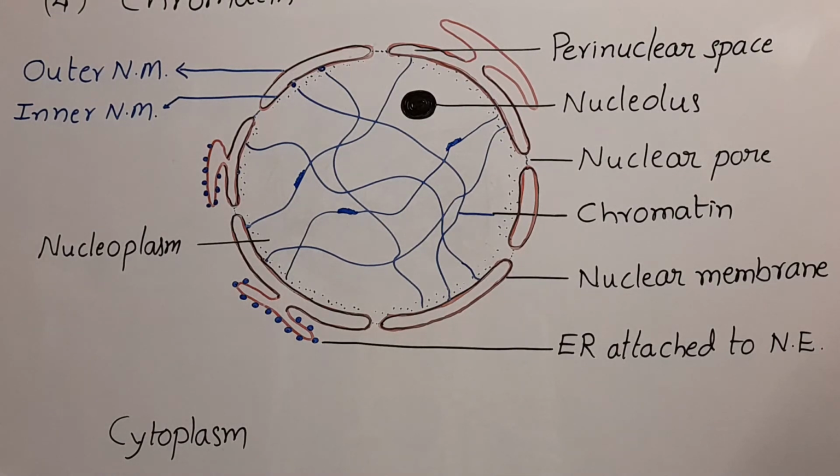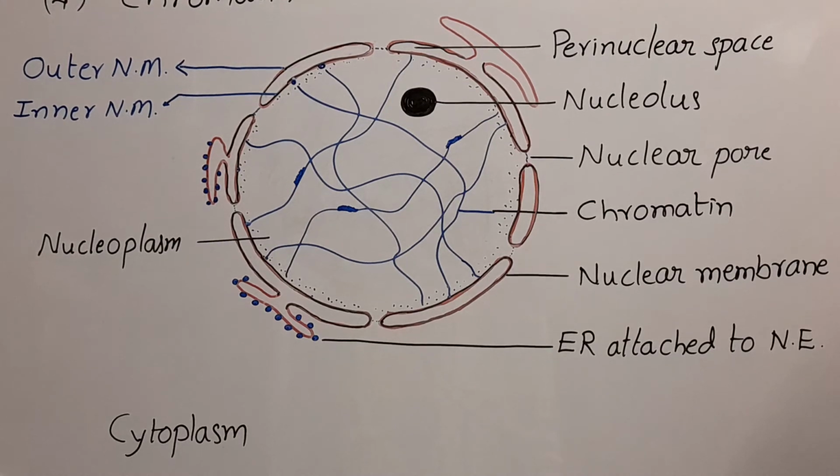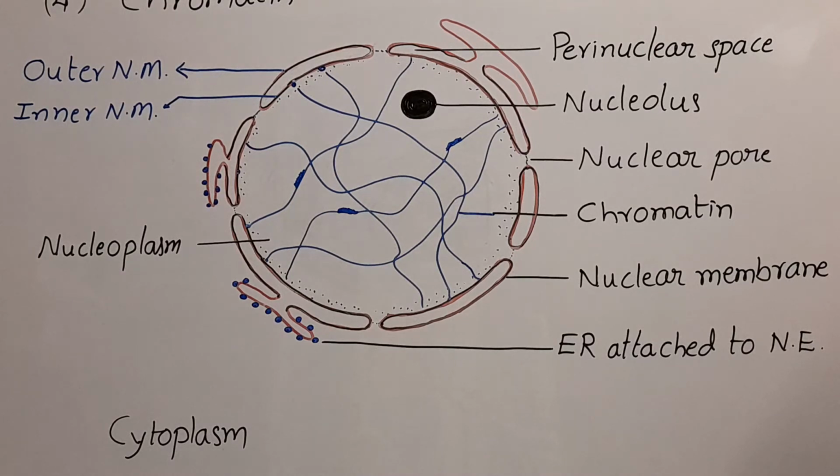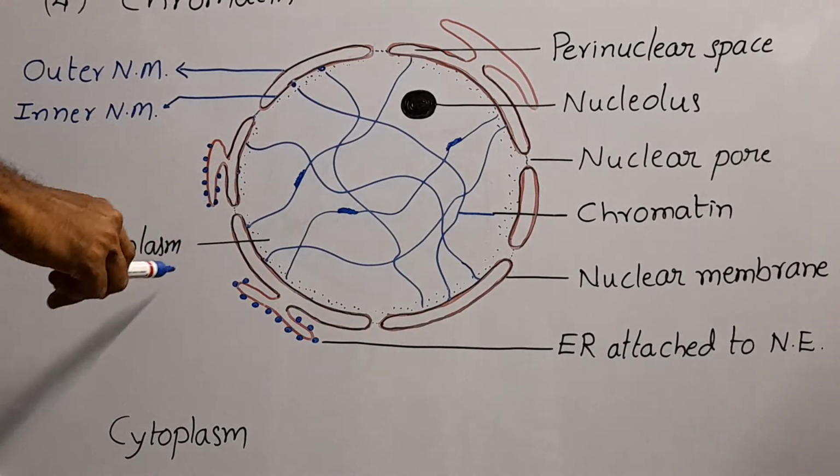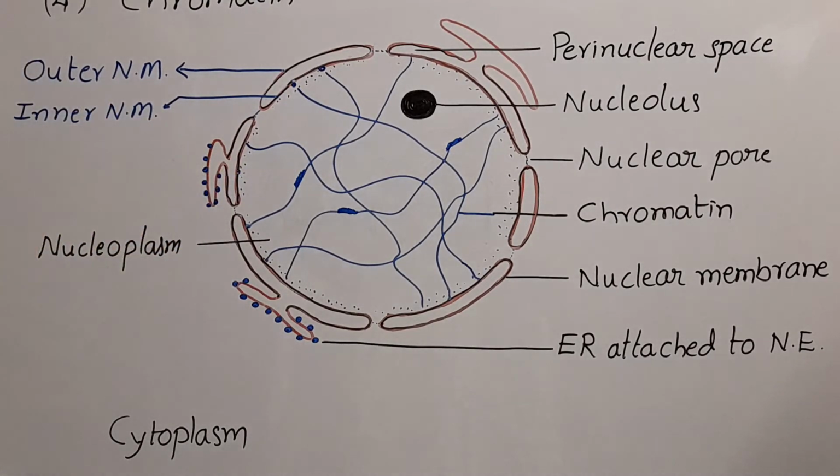The inner nuclear membrane contains specific proteins that act as binding sites for chromatin and other proteins of the nuclear lamina. Bidirectional movement of proteins including histones, DNA and RNA polymerases, gene regulating proteins takes place between the cytosol or cytoplasm and nucleoplasm or nucleus. Between these two regions, the materials are transported or exchange is taking place.